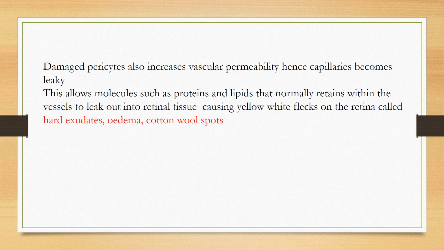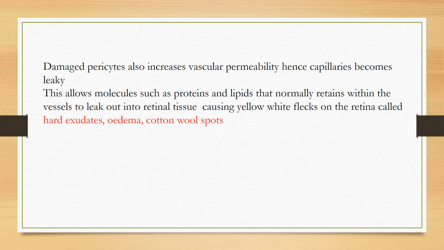So again, what exactly is happening is whenever the pericyte ruptures, the vascular permeability becomes leaky. The blood contains all the proteins, lipids and glucose, everything. So consider a blood vessel as a tube. When there is a thinning out in a particular area in the blood vessel, the proteins and the lipids will get filtered out of the vessels and settle in the